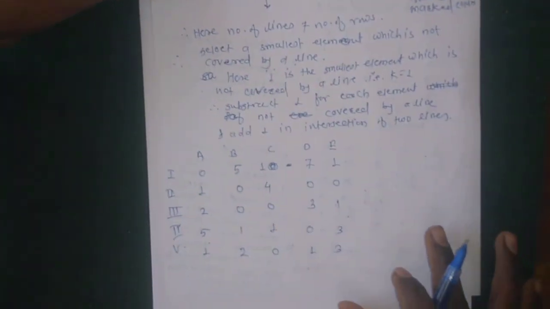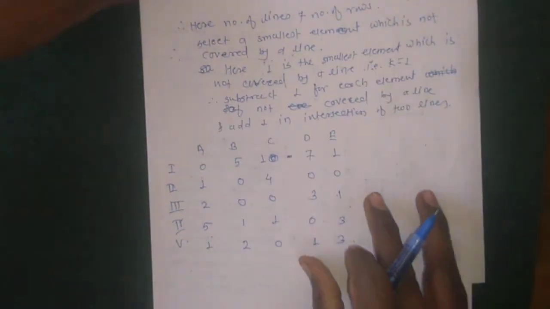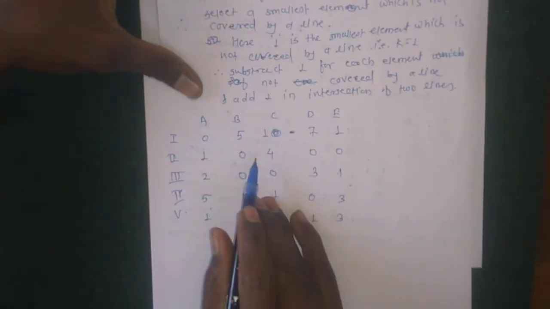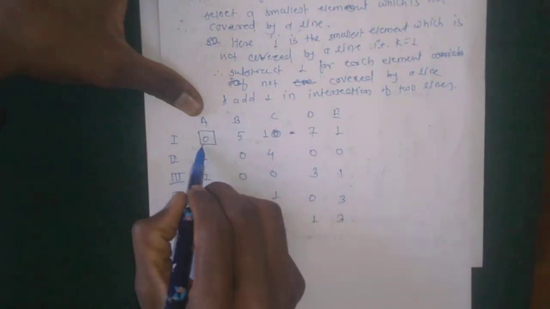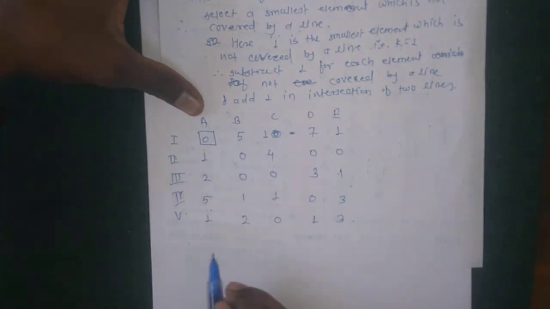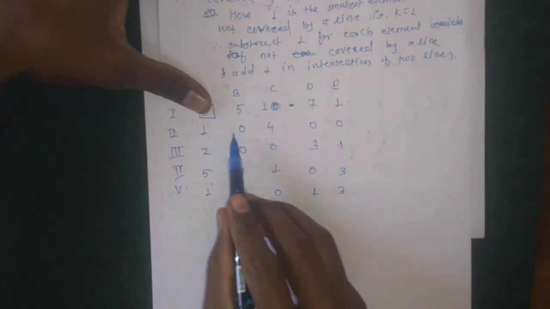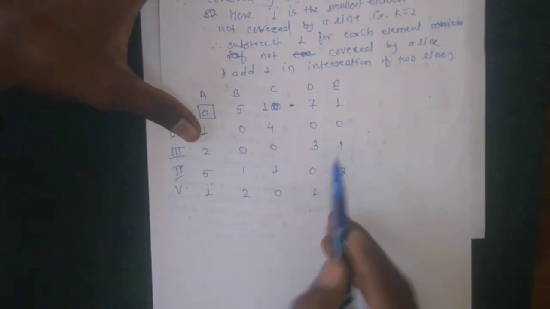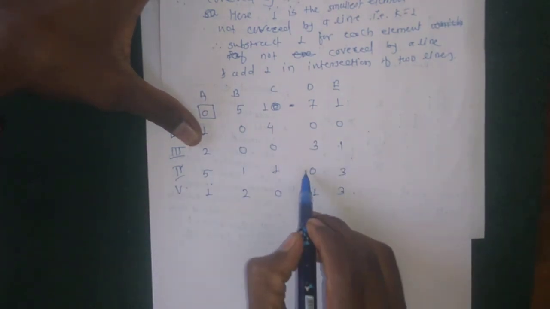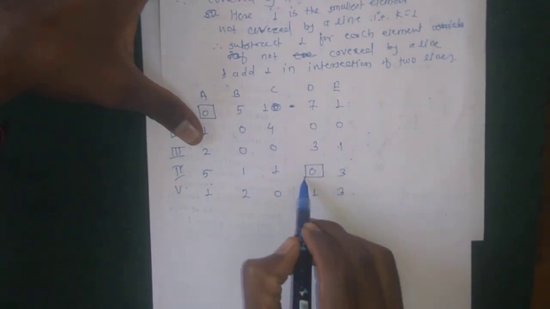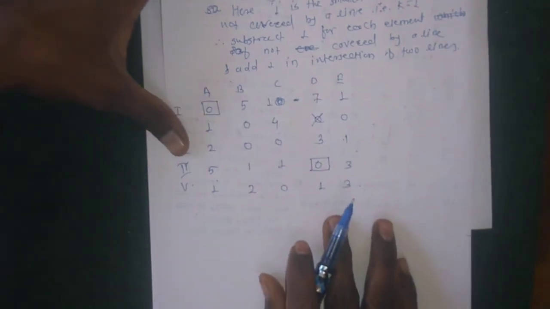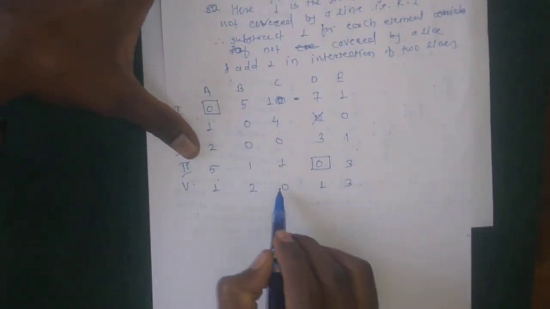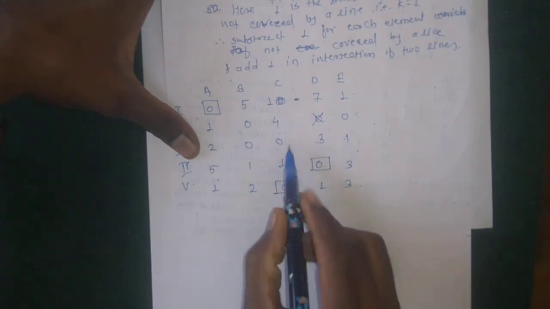Okay, again repeat step 3, that is, select a row which contains exactly one 0 from top to bottom. Here the first row contains exactly one 0; other zeros get a cross sign, here no other zeros. Then the second row contains 3 zeros, the third row contains 2 zeros, but the fourth row contains exactly one 0. So make a square on that 0, and other zeros in the respective column get a cross sign. Then the fifth row also contains exactly one 0, and in the respective row put a cross sign.